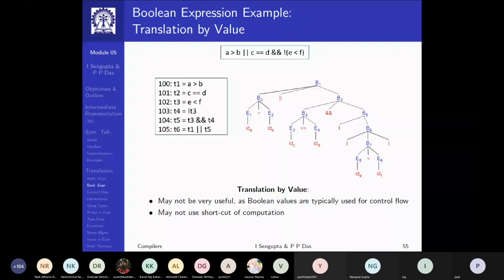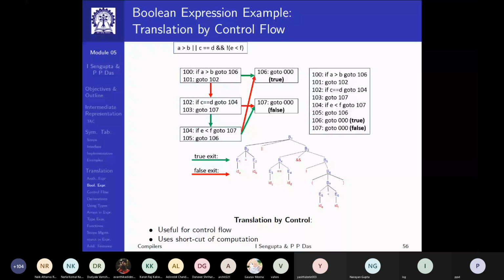So we take a very different approach, and that is called translation by control. The way you look at it is you keep on evaluating the expression, and you say that if at some point I know that the value is true, I will jump to a certain point.